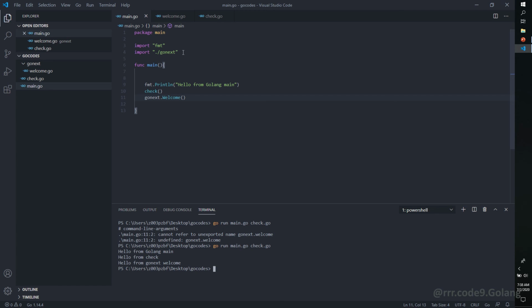I'd like to show you another option here. Here if you see, I have written 2 import instructions. So we can do this simply by writing like this. For example, if you have multiple packages that you want to import, you can just put parentheses here, and we can just write the package names like this. So this also works.